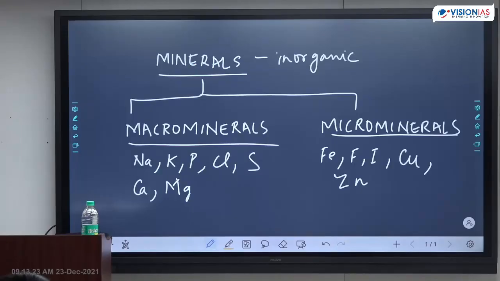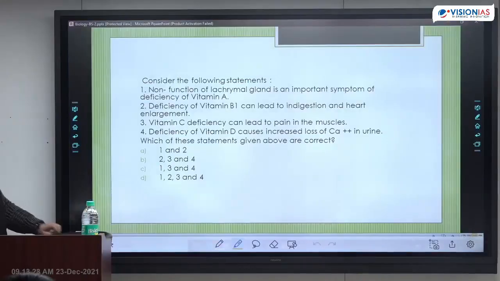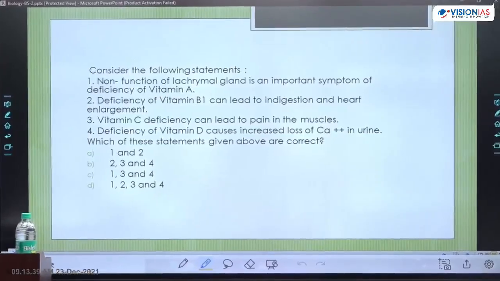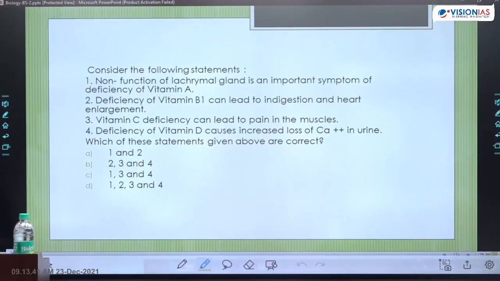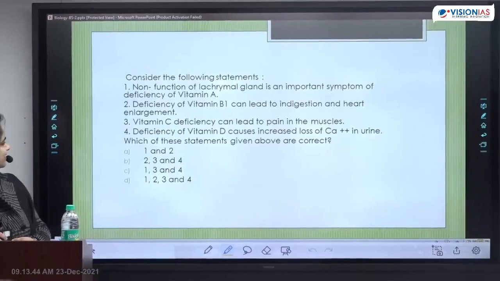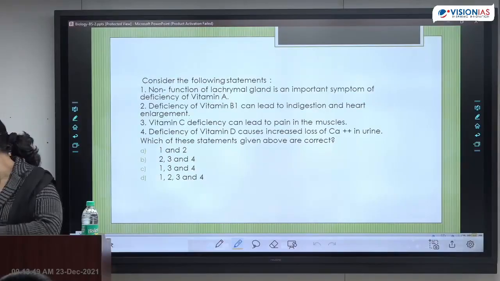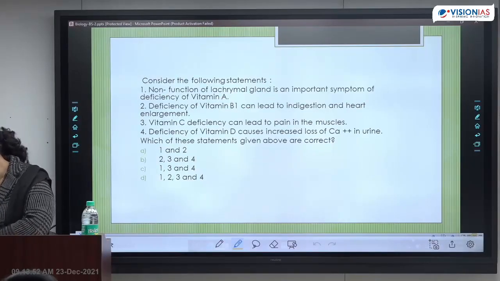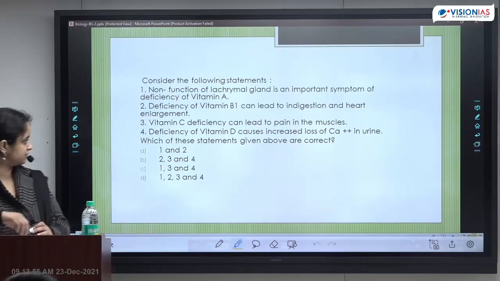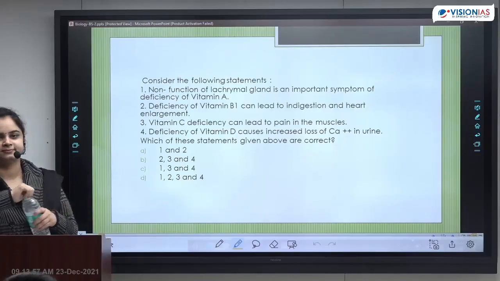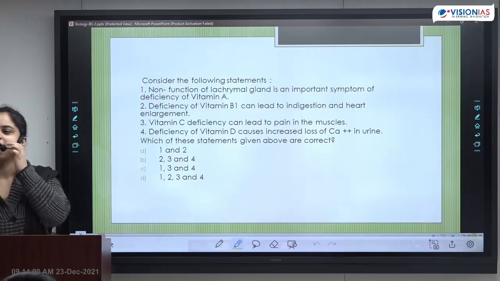Let's do one question first, which we were supposed to do in the beginning of the class. Then we'll come to micronutrients. This is from the last class, from the vitamins portion, a UPSC previous year's question. Give it a shot. Okay, we have one answer as D. Any different answers? That was actually really quick. You were able to read so fast. Nice. C? D.